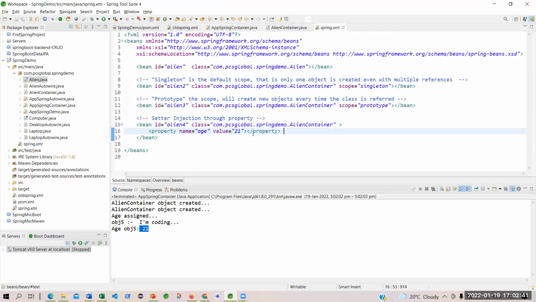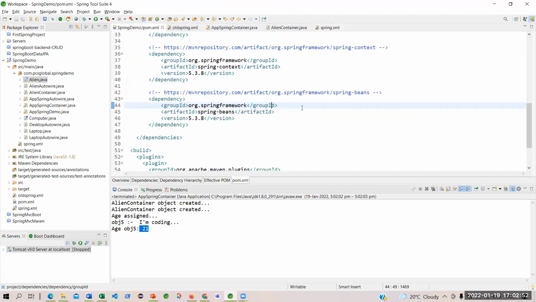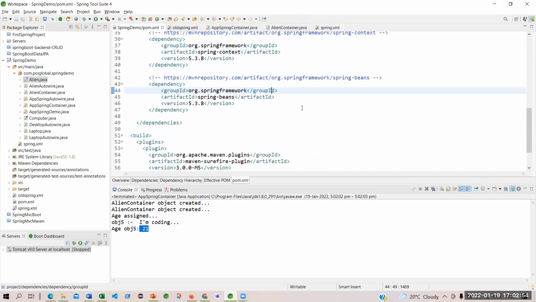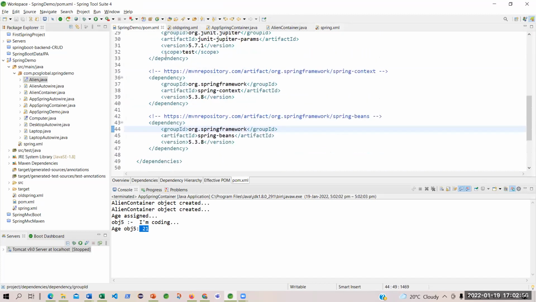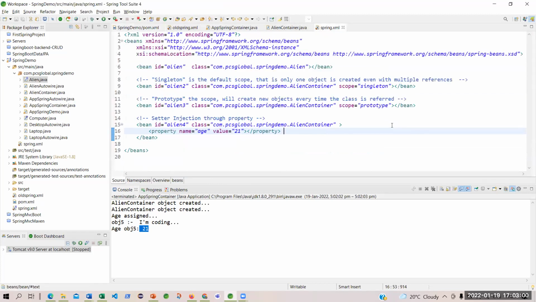You are injecting. Anything you do within the configuration file is an injection. Anything you do within the POM file, which is also a configuration file, is an injection. POM is the project level and Spring is the application level. That's why you have this Spring.xml under source main Java, whereas POM is under the project.